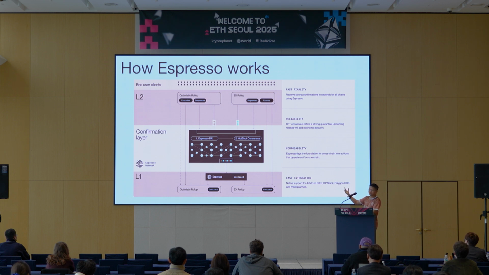Then later, whenever the rollup settles the batch of transactions on the L1, each rollup has a contract on Ethereum, right? That contract is upgraded so that it will only accept a batch that proves that it was previously confirmed by Espresso in the same order. So the rollup can only settle on Ethereum once every few hours, but users and apps can know that the transaction is final just within 5 seconds. So that's the big utility, and that's how it boosts both the security and the interop.